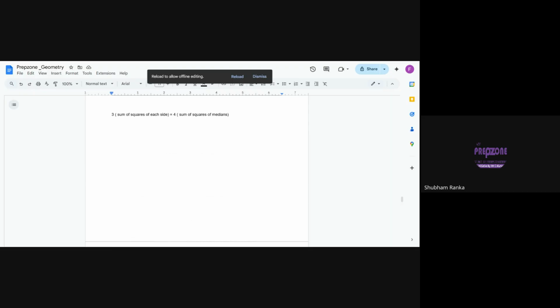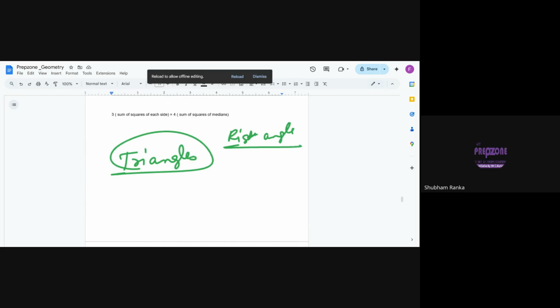Okay. I think this is good enough for triangles. I have covered almost everything, and some advanced questions I might do at the end of the course. So far it's good. We started with the right angle triangle, and in a right angle triangle similarity is important. Then multiple theorems, and this is why